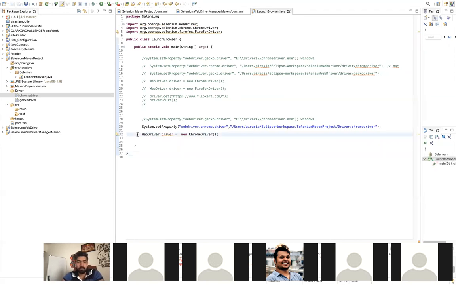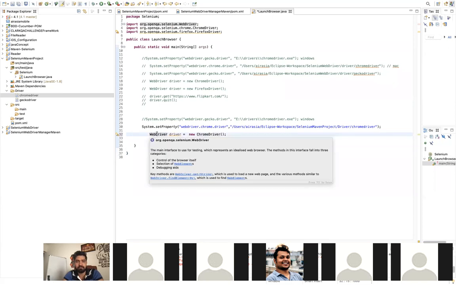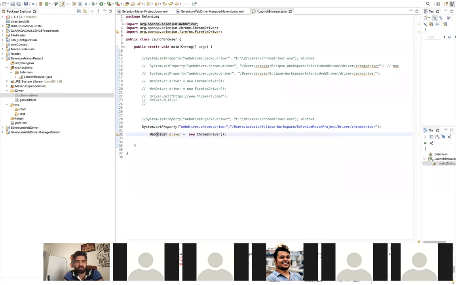Once you are giving it in this way, you are giving the reference of this WebDriver to this ChromeDriver. Now here, this ChromeDriver is a class and this WebDriver is an interface. Once you go and see the architecture of WebDriver and ChromeDriver, you will figure it out. So whatever methods are present inside this WebDriver, you can directly access with the help of this reference driver, correct? And I have created this object of a ChromeDriver, so it will help to launch our Chrome.